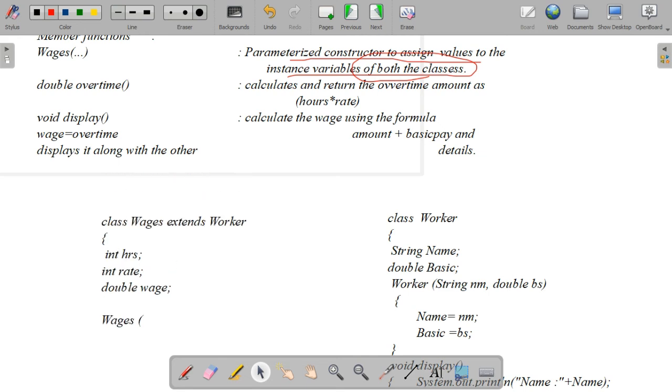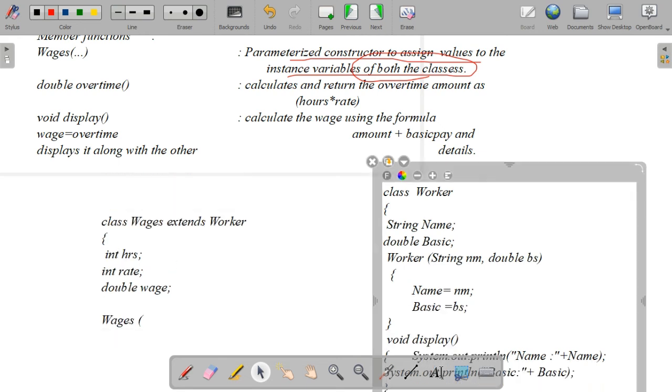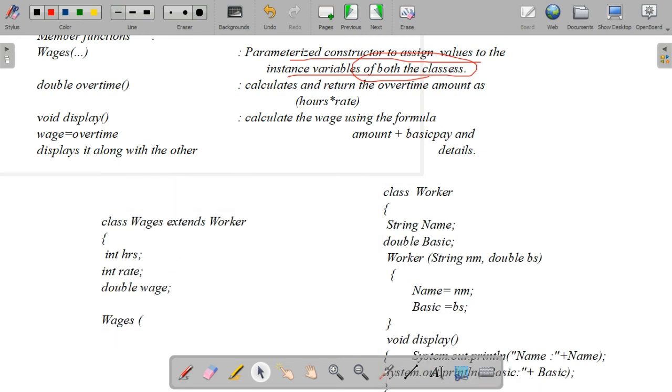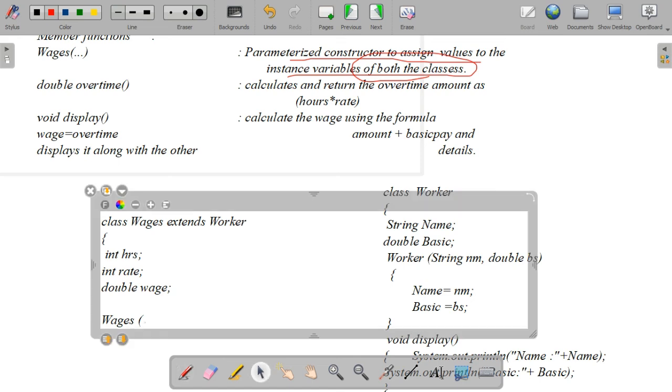The constructor has two parameters, so we have to pass these two parameters here first. They belong to the subclass constructor. We can pass any values; I have given name1. It's not compulsory that the same parameters passed in the base class constructor be passed here. It may differ, no problem. You can give the same also, no issues. It won't show any errors. So double base1 I have given here.